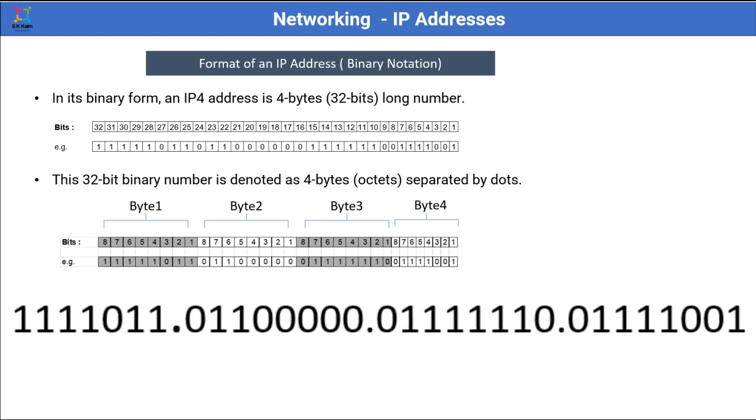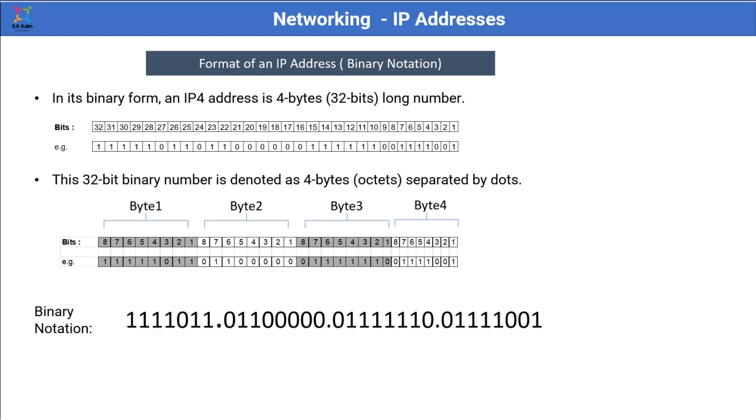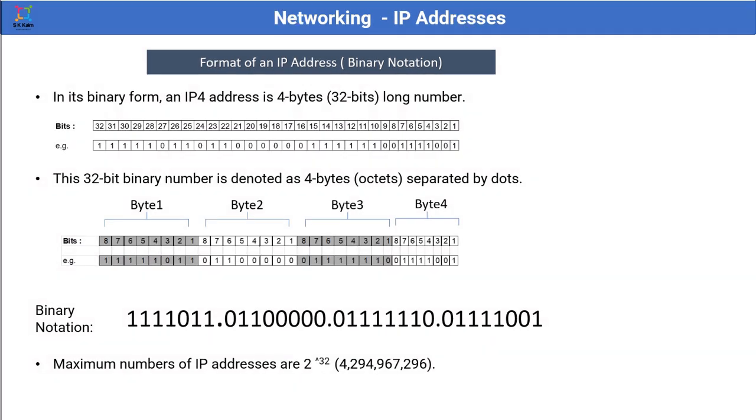If you want to know the maximum number of IP addresses which can be created, you can get that number by 2 raised to the power 32, which makes the total number of IP addresses 4,294,967,296. With the increase in the number of devices connected over the internet, this number may fall short. To take care of this, IP version 6 was introduced. We will learn about IP version 6 sometime later.